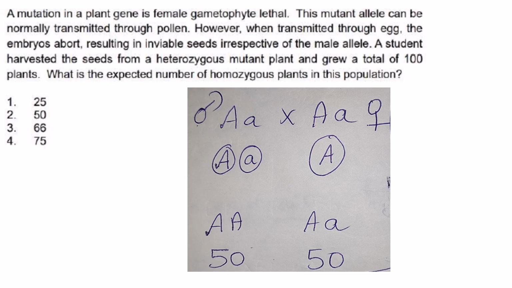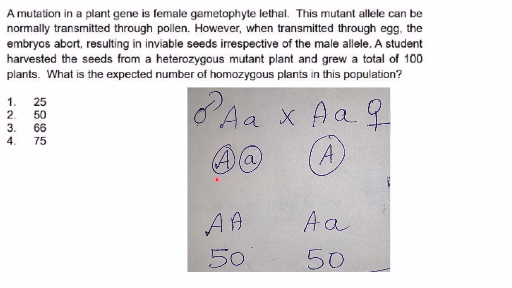So a student harvested seeds from a heterozygous mutant plant and grew a total of 100 plants. What is the expected number of homozygous plants in the population? Now you see that this is the male parent, which is a heterozygous mutant plant, and this is the female parent, which is again a heterozygous mutant plant. So the student harvested seeds from this